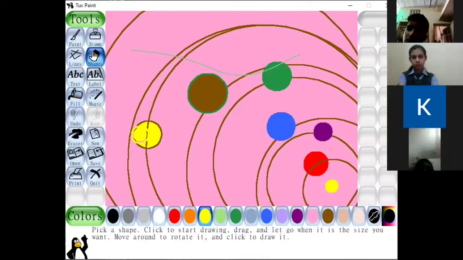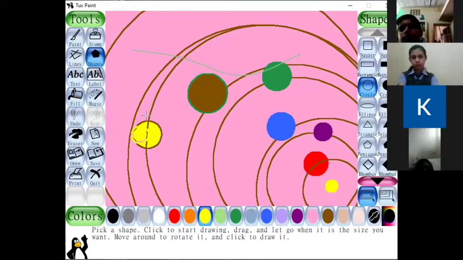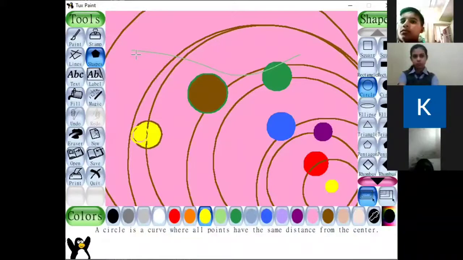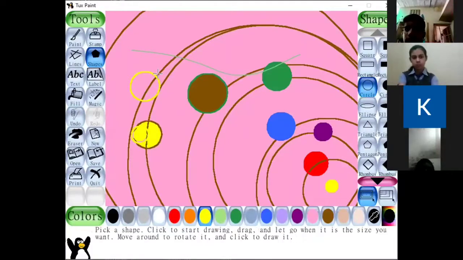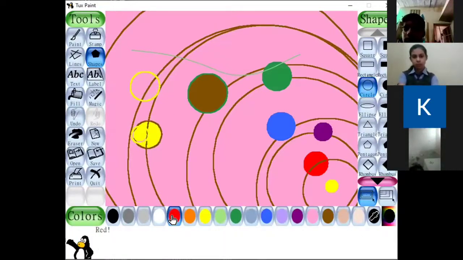One more circle I need, because I have made till now, I think 1, 2, 3, 4, 5, 6, 7. 7 planets are there. One more I need. Okay. So one more will be placed. How many lines are there? One extra line is there. 1, 2, 3, 4, 5, 6. 6 I have made. Now the seventh one needs to be done here.